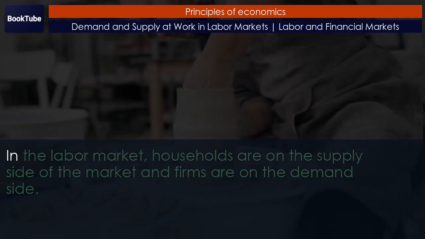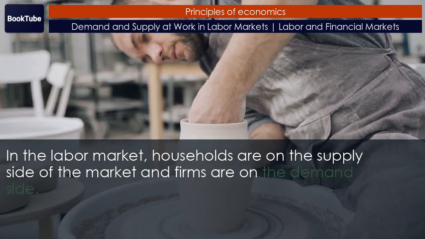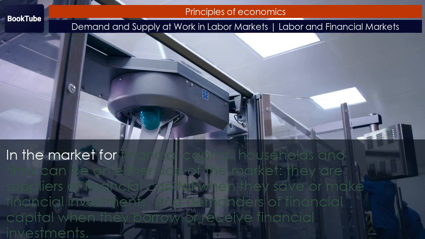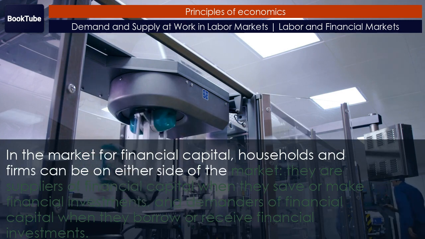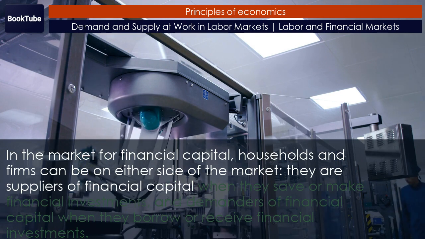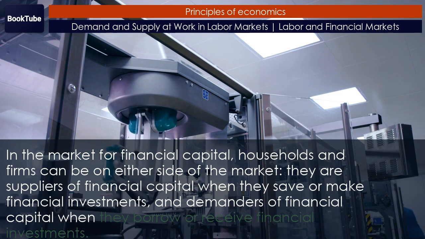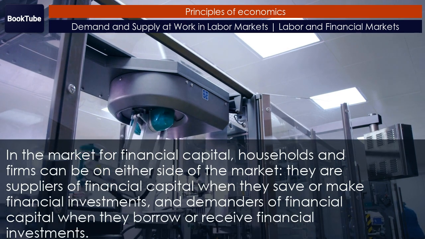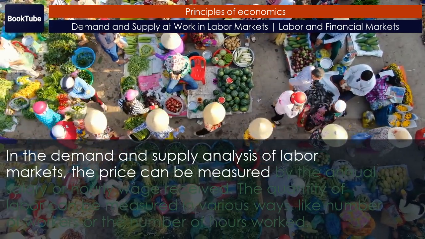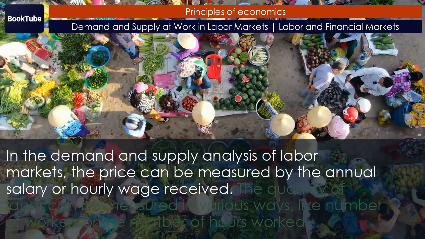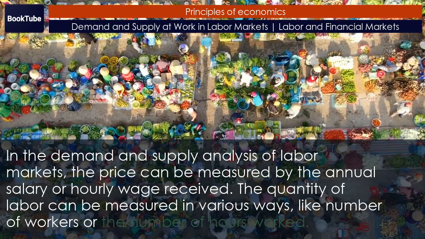Concepts and summary. In the labor market, households are on the supply side of the market and firms are on the demand side. In the market for financial capital, households and firms can be on either side of the market. They are suppliers of financial capital when they save or make financial investments, and demanders of financial capital when they borrow or receive financial investments. In the demand and supply analysis of labor markets, the price can be measured by the annual salary or hourly wage received. The quantity of labor can be measured in various ways, like number of workers or the number of